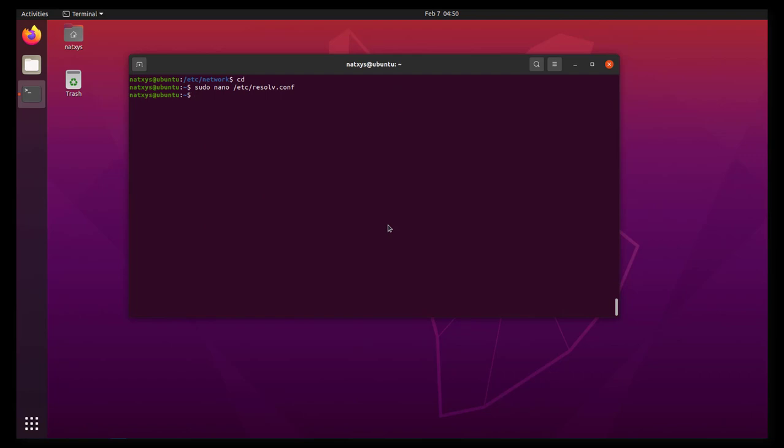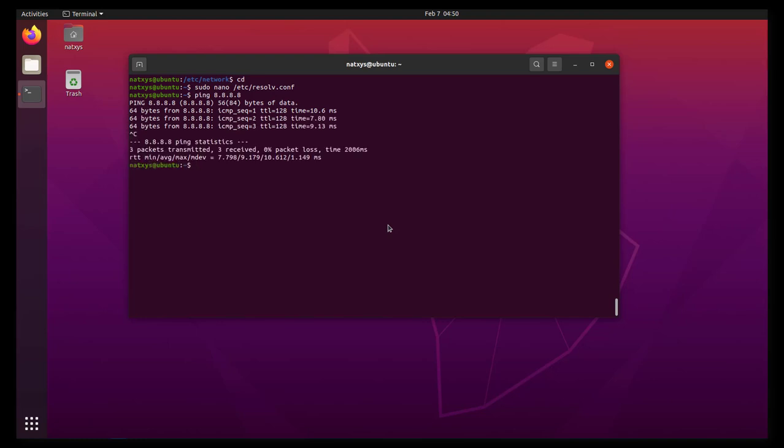To just check the configuration and whether you are connected or not, we can do a ping to the DNS of Google. Okay, so I'm already connected and the DNS of Google at IP 8.8.8.8 is responding to my request. So we have just finalized